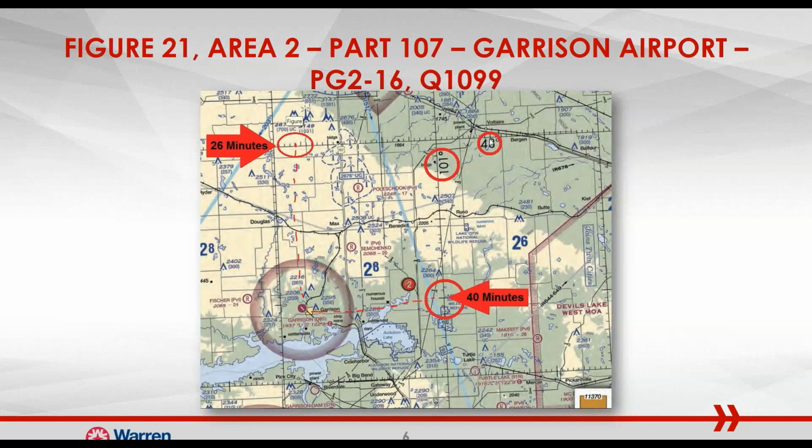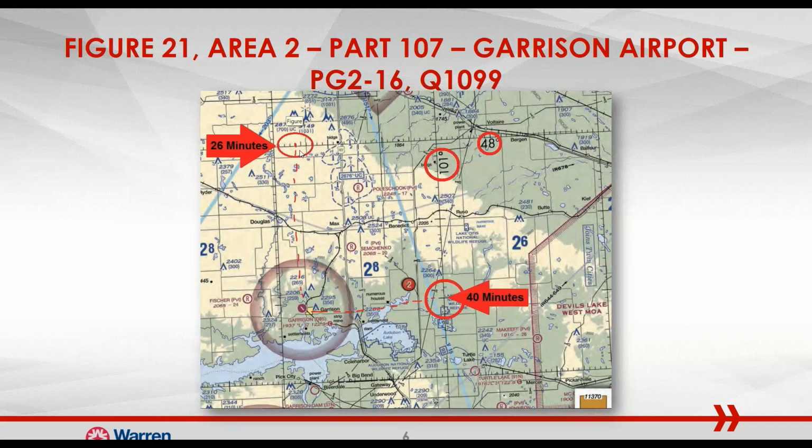Now, simultaneously, we know that this is the 101 degree of longitude, and longitude goes vertically up and down. So if this is 101, this is 101, 1, 2, 3, 4, 5. Notice it's a little longer. 6, 7, 8, 9, 10. Notice it goes both. Here's 10 more. That's 20. Here's the 5. That's 25 and 26. But you can feel free on your chart while you're looking at Figure 21 Area 2